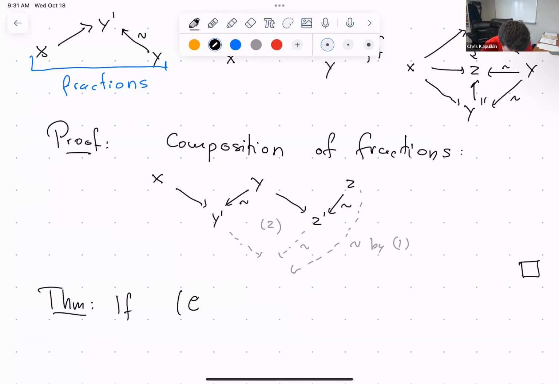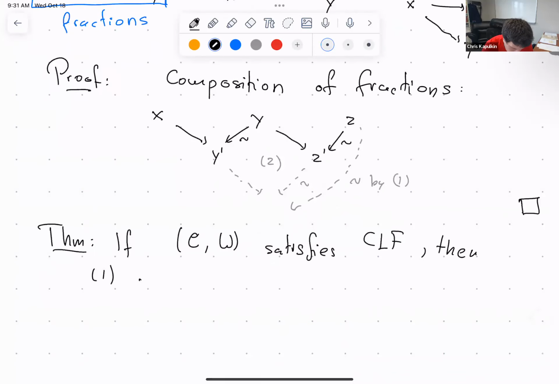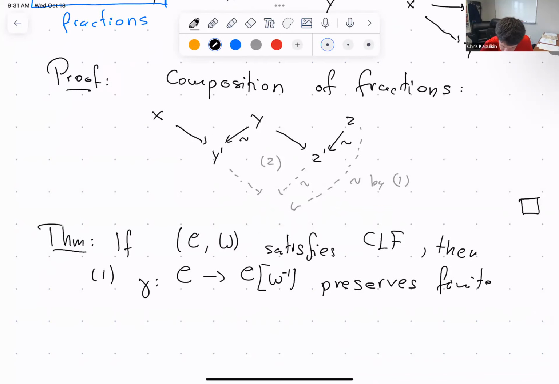So if (C, W) satisfies CLF, then first of all, gamma from C to the localization of C at W preserves finite colimits. And second,